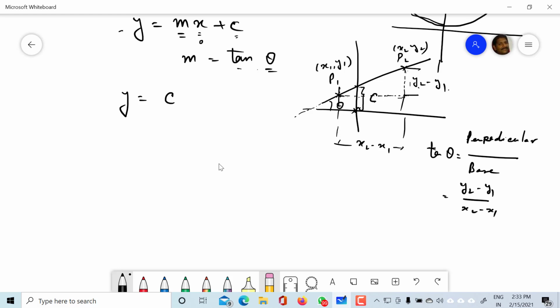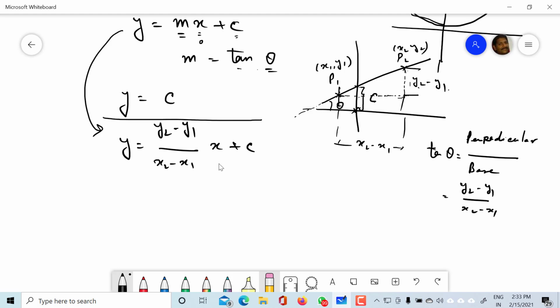So this equation now becomes y equal to y2 minus y1 upon x2 minus x1 x plus c. Okay, I am going to proceed with this equation, because in the case of graphical system we don't know the